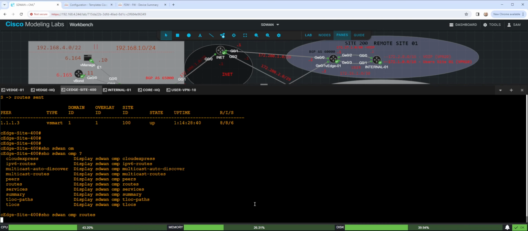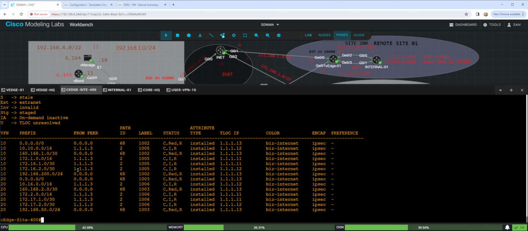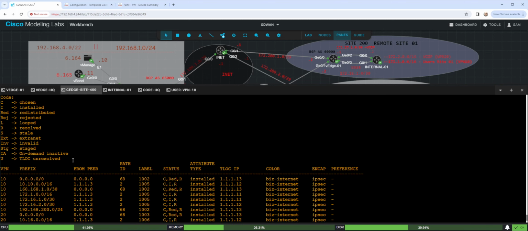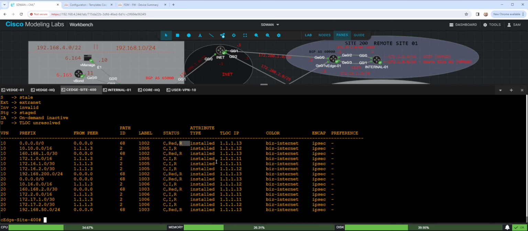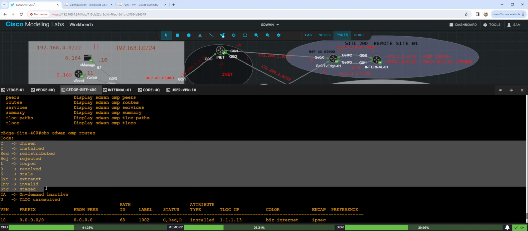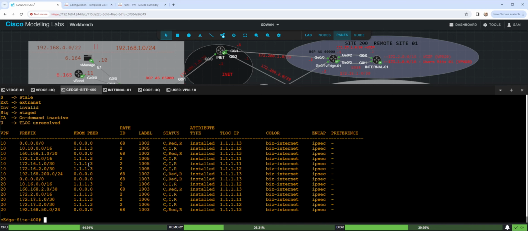Routes, perfect. All right, and then you have a set of routes. Okay, so let me see resolved. So right here, it gives you the